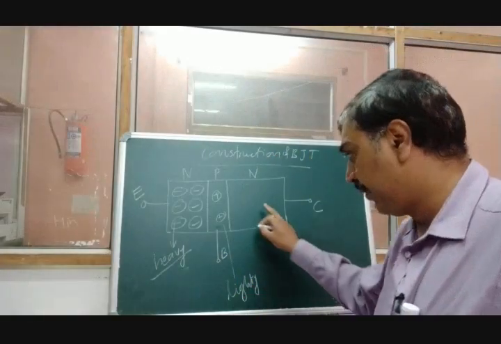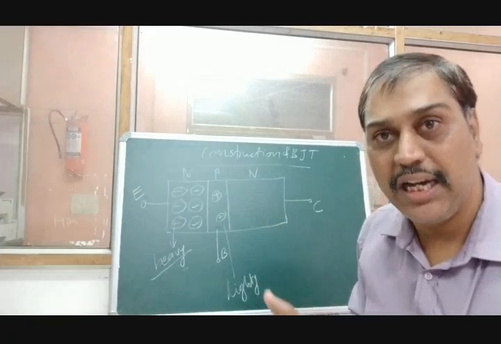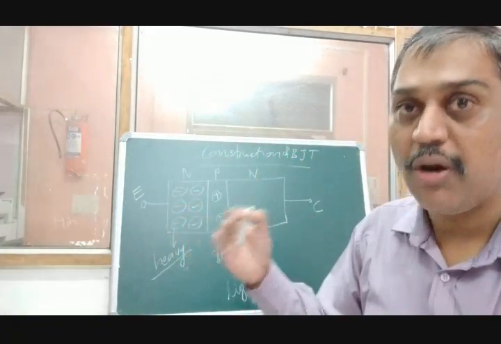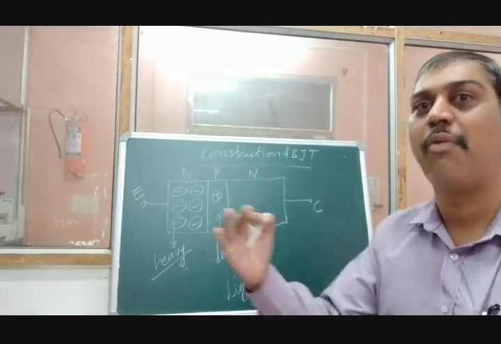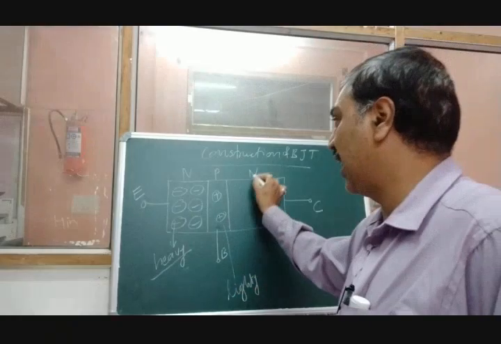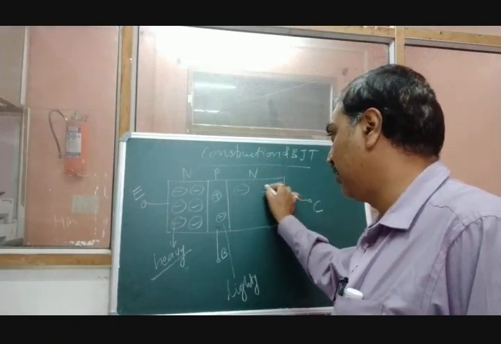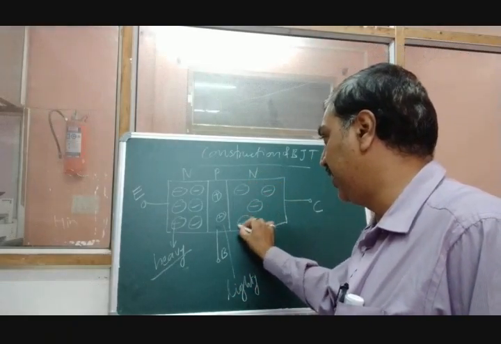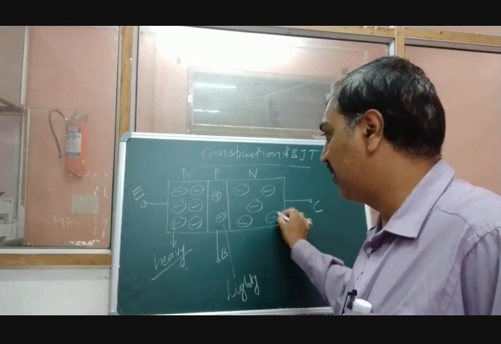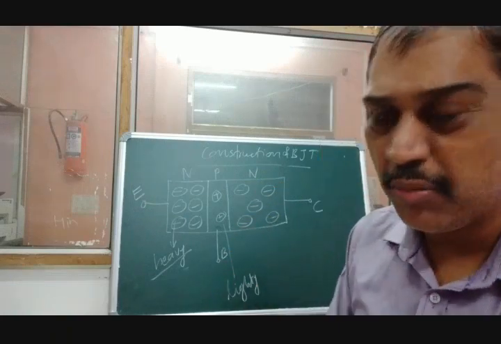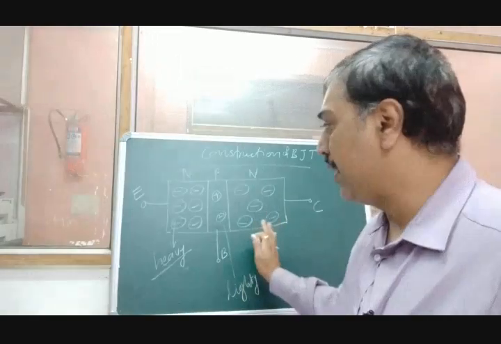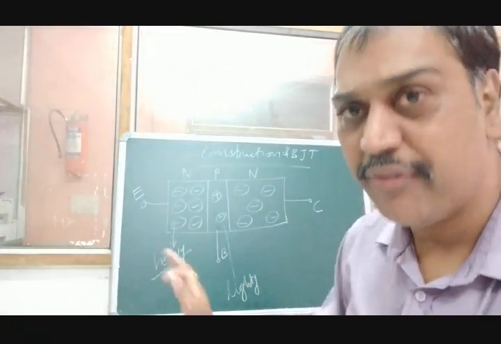Let's go to third. This collector is moderately doped. Not highly or heavily doped, not lightly doped. It is moderate between these two. So here again it is N-type. So there are some electrons which are available here also, and these electrons are moderately doped. We can say this is the doping and this is the size of these different regions.